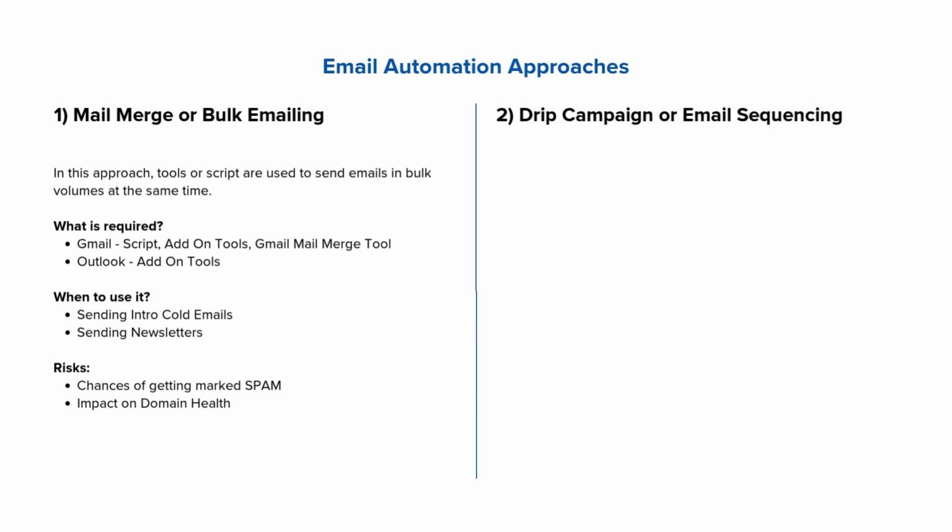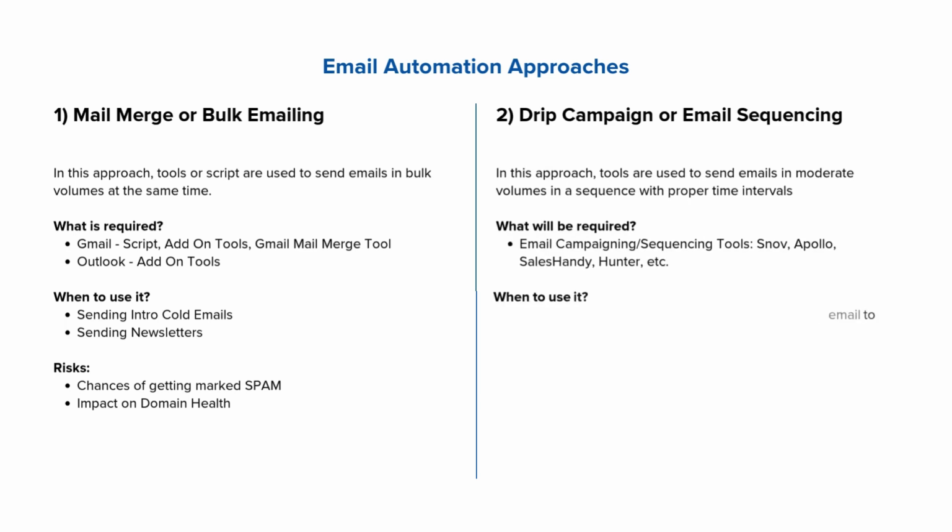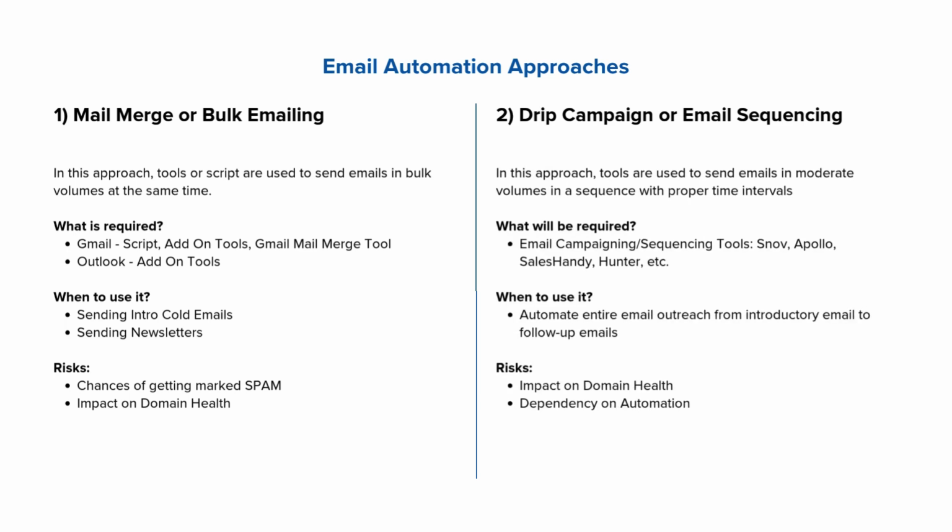This is a more structured approach wherein emails go out in smaller volumes at set intervals using tools like Snov, Apollo, Sales Handy, or Hunter. There are many other tools available in the market for that as well. We use it when we want to automate our entire email journey, right from sending intro emails to follow-up emails. But the risks include a slight impact on the domain health,